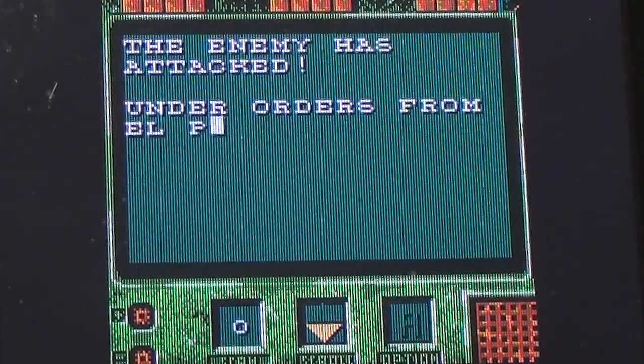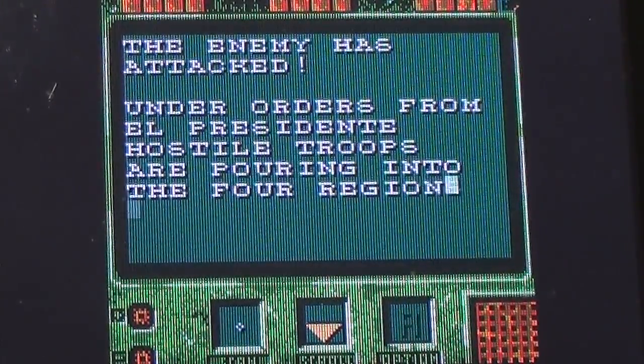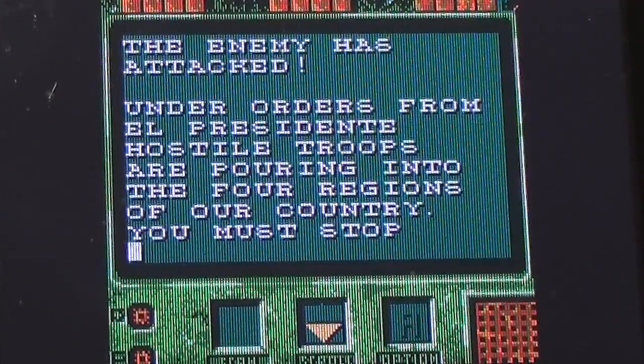The enemy is attacked. Under orders from El Presidente, hostile troops are pouring into the 4 regions of our country. You must...